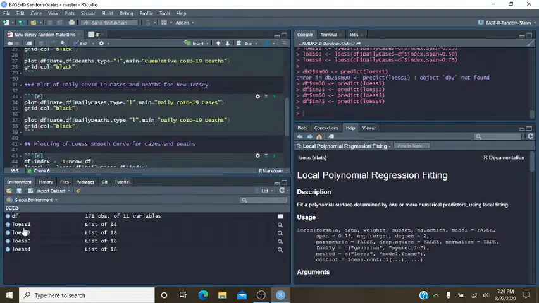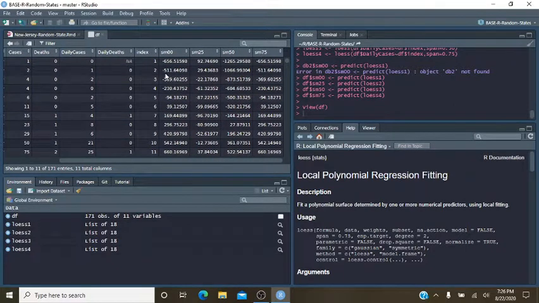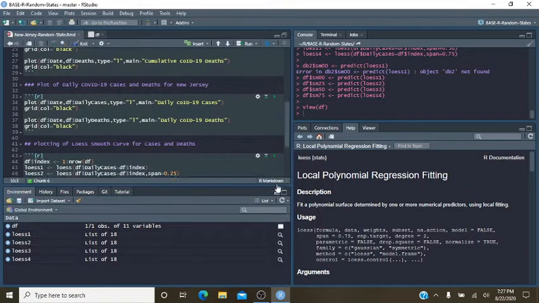Let's just take a quick look now at this and see what we really have going on here. Okay, so now you can see the predicted values. This is the default, a span of 0.25. This is a span of 0.5. So all we do now is we come back down here.